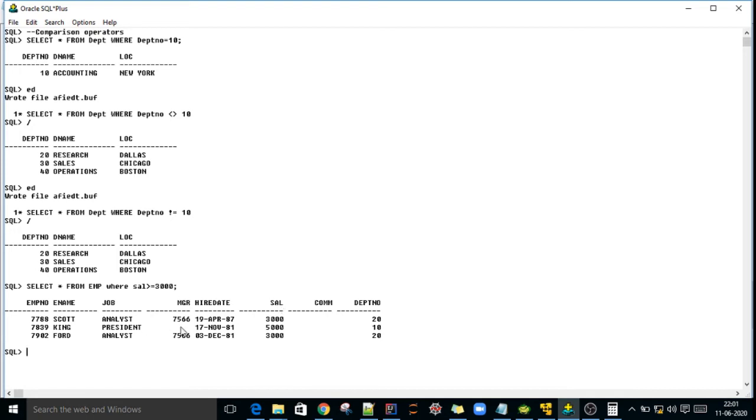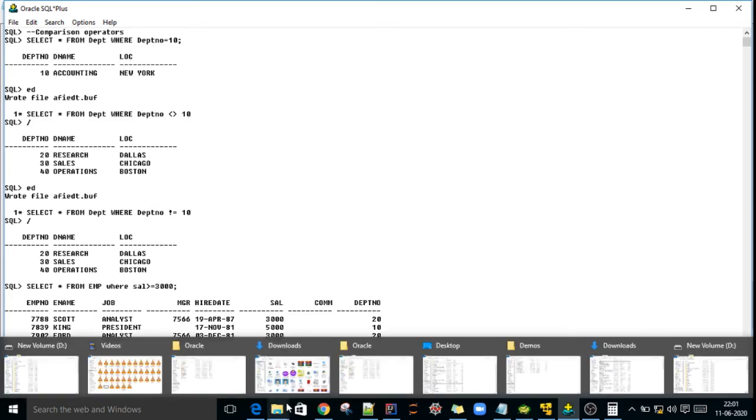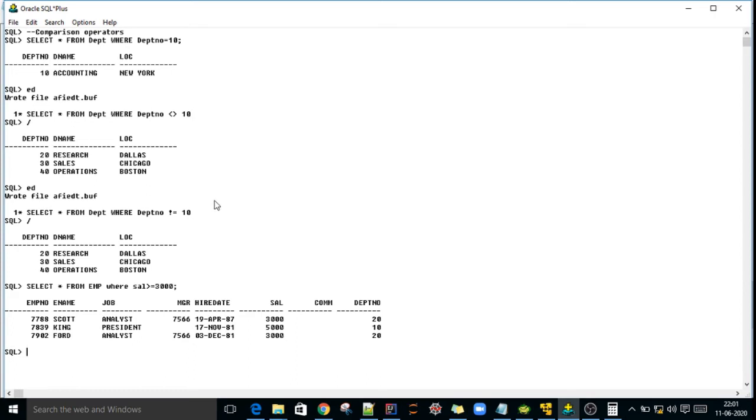Here if you see the output, salary column greater than or equal to whatever value we are mentioning here; equal to also comes, and 5000 is a greater value. 3000 is the equal value and 5000 is a greater than value. These three records are coming. This is an example for greater than or equal to.